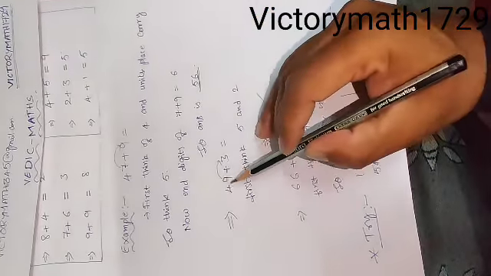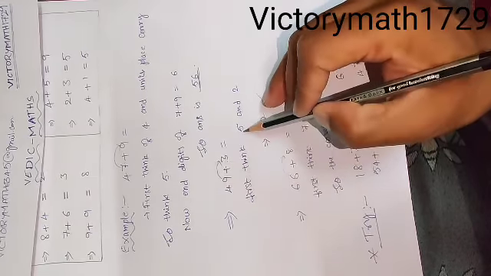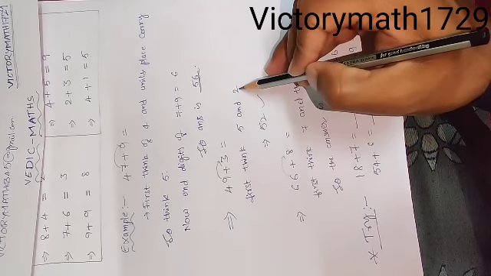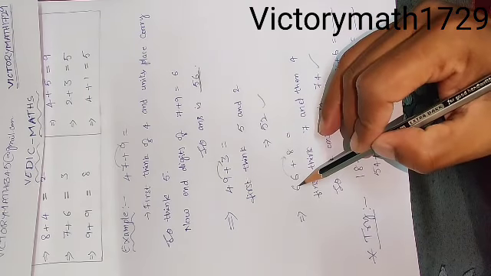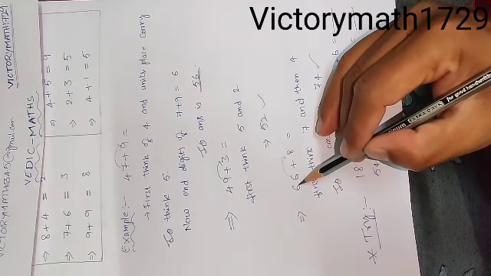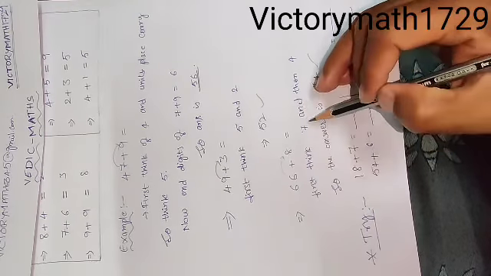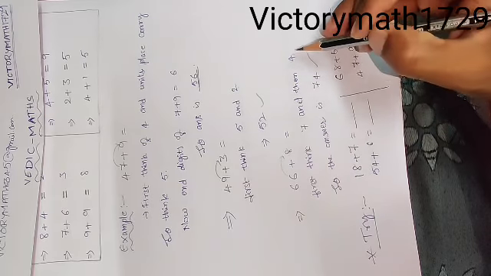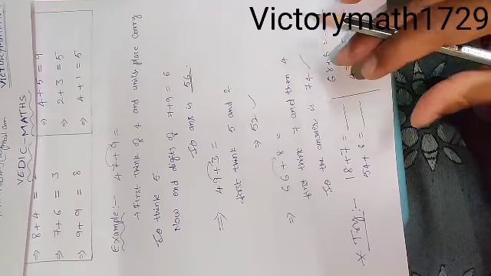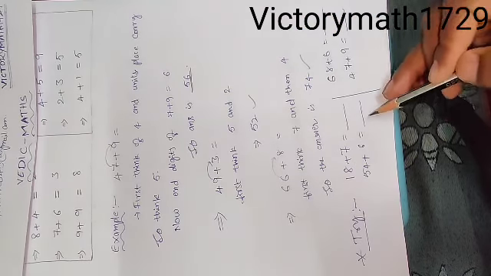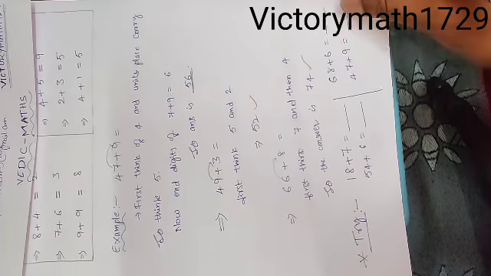Similarly, one more problem, 49 plus 3. Here 4 has a carry combination, so 4 becomes 5, and the units digit of 9 plus 3 is 2. So the answer is 52. Next, 66 plus 8. Here first think of 6 and the units place as a carry combination, so 6 becomes 7. Then the unit digit of 6 plus 8 is 4. So 74 is the answer. Now you can try these: 18 plus 7, 54 plus 6, 68 plus 6, 47 plus 9. Leave your answers in the comment section.